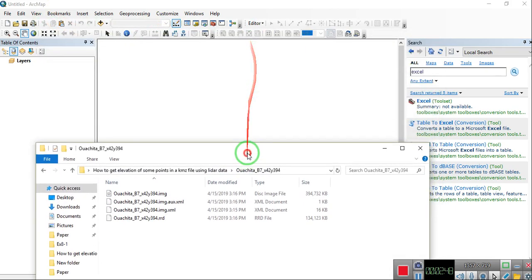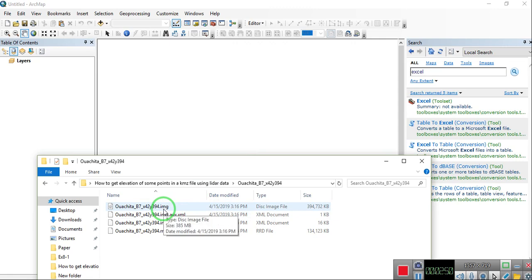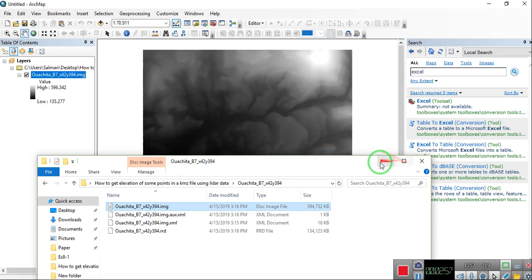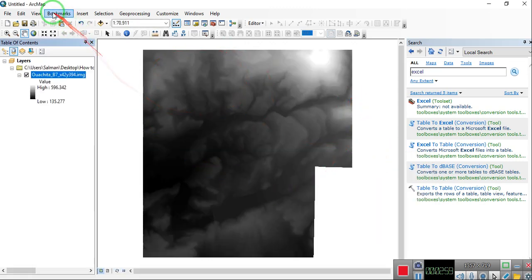So this is the data points or the DEM image that I just downloaded from the ArcGIS Online, and now I opened it in ArcMap. So as you can see, this is a map and it has the elevation information for this particular location that I'm interested in. Now we have to open the KMZ file on top of this DEM map. In order to do that,